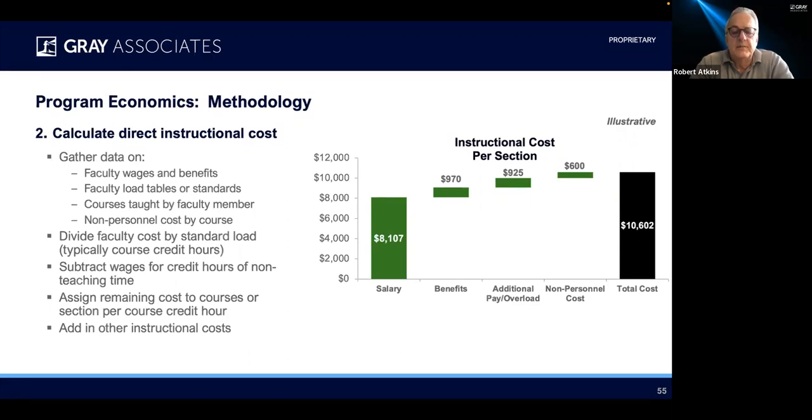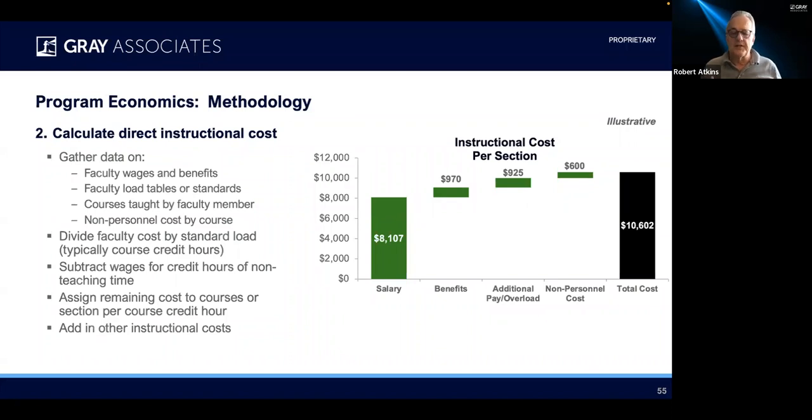If they're a dean, they have a bunch of activity associated with being a dean. And most faculty members are going to have some sort of service obligation that takes them out of the classroom. And in many institutions have a very substantial research obligation that should not be charged to their day-to-day teaching responsibilities. So we subtract all of that out at the beginning, either using your load tables or what I call the woodchuck method, where we say,